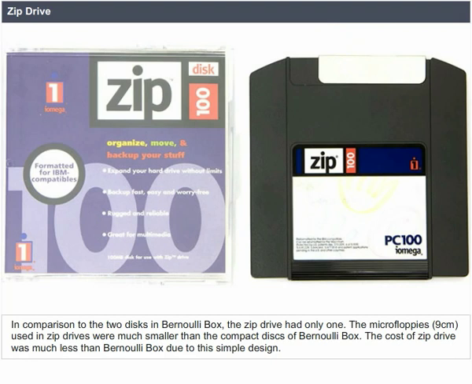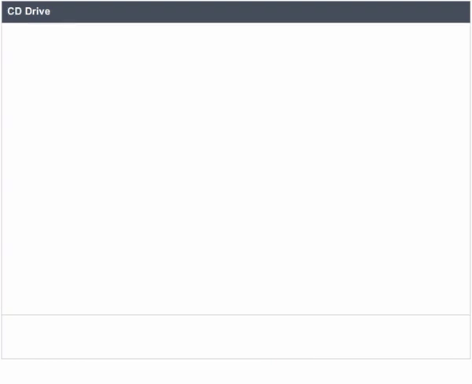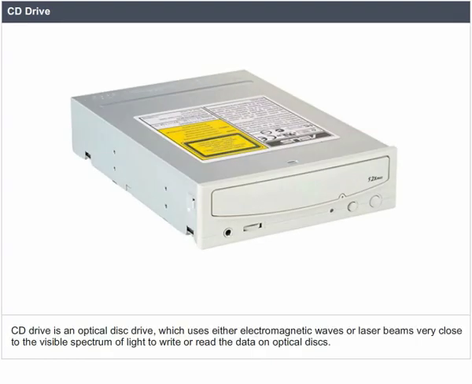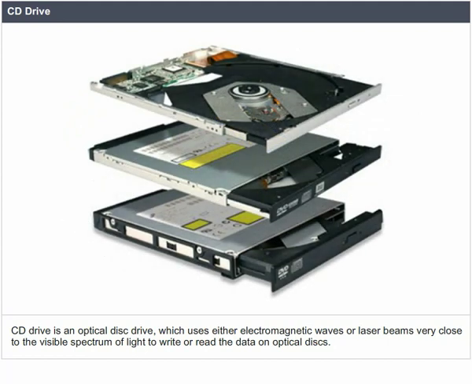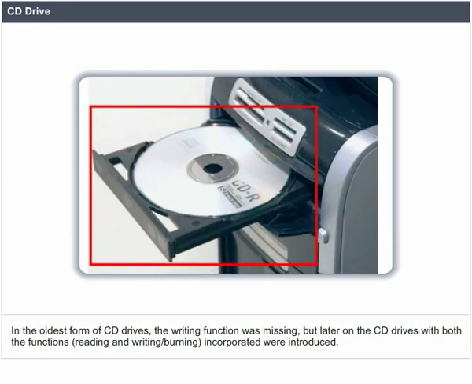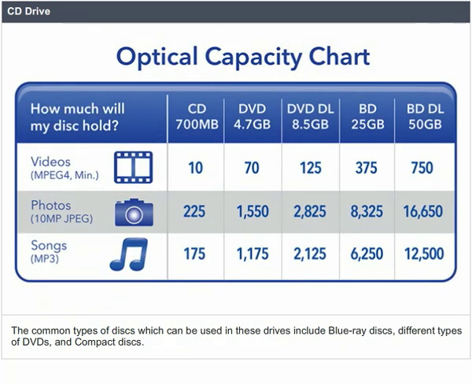CD drive. CD drive is an optical disk drive which uses either electromagnetic waves or laser beams very close to the visible spectrum of light to write or read the data on optical disks. In the oldest form of CD drives, the writing function was missing, but later on CD drives with both the functions, reading and writing (burning), were introduced. The common types of disks which can be used in these drives include Blu-ray disks, different types of DVDs, and